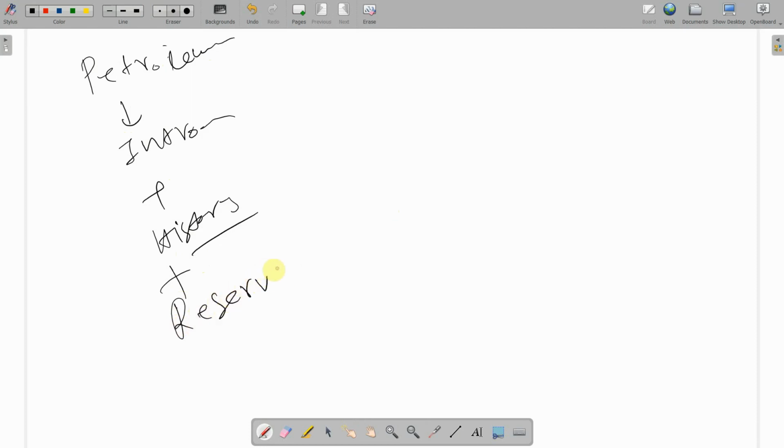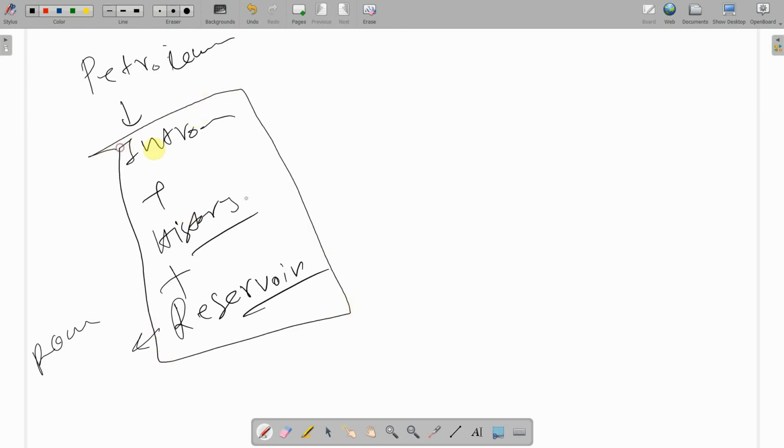Most of you, if you have attended my previous classes, might know that rocks could be of several types, among which sedimentary rocks are good for reservoir. So these three things I will try to cover in today's class. So let's talk about